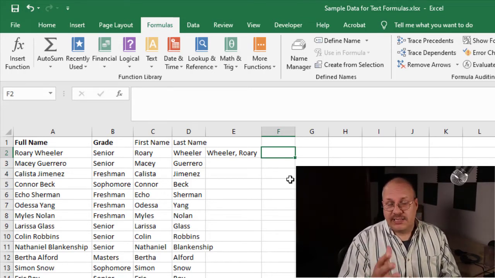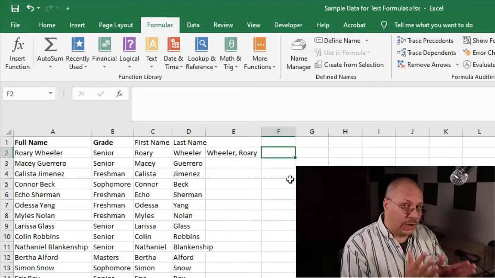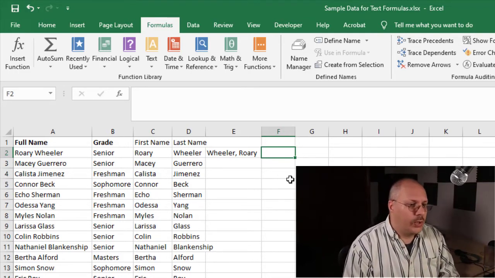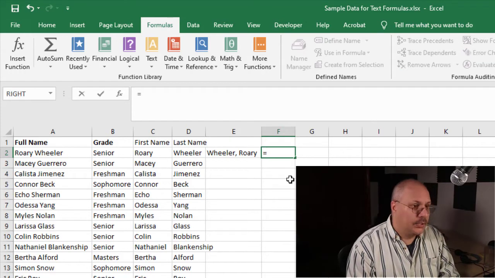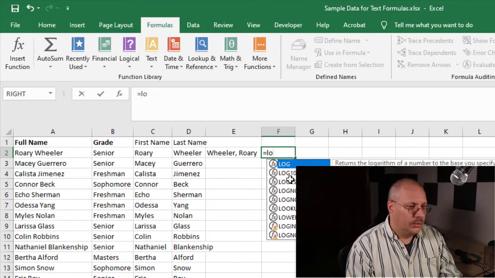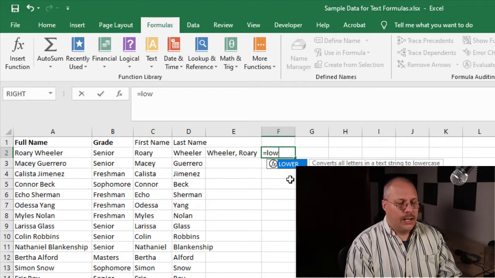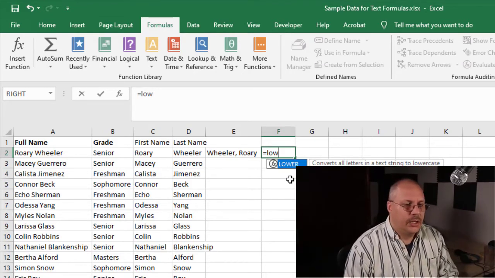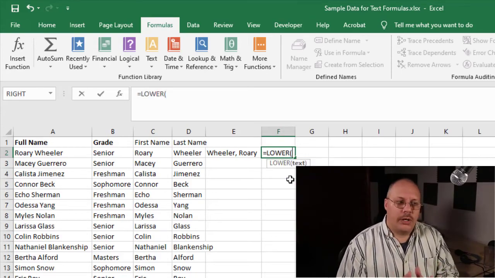Now, on the other hand, sometimes we also need to convert that into lowercase. So let's take a real quick look at how we're going to do this. I'm going to say equals lower, and that's going to convert all the letters in a string to lowercase. That's what I want to do. So my question becomes, what do I want to do? Well, I want to take that first name dot last name and convert it to all lowercase so I can create their email address. So I'm going to say Rory